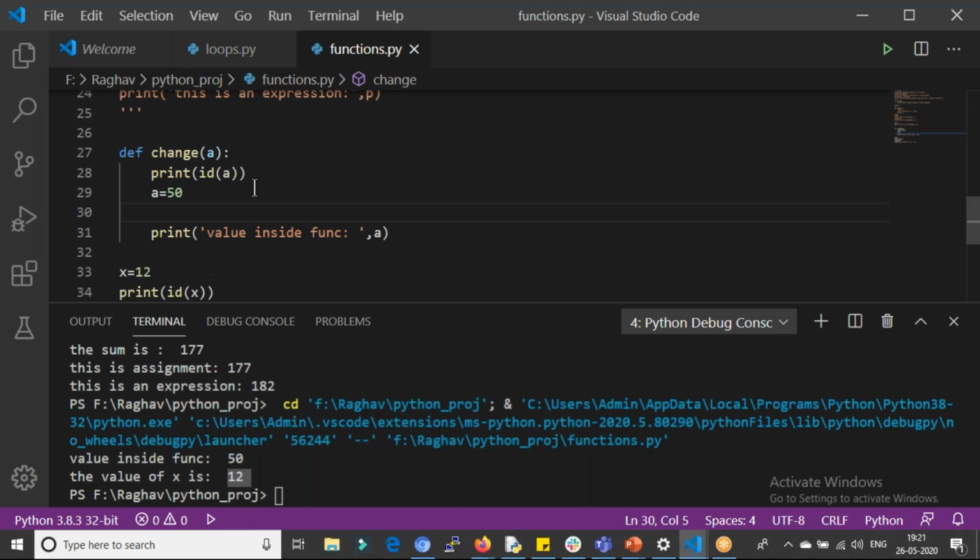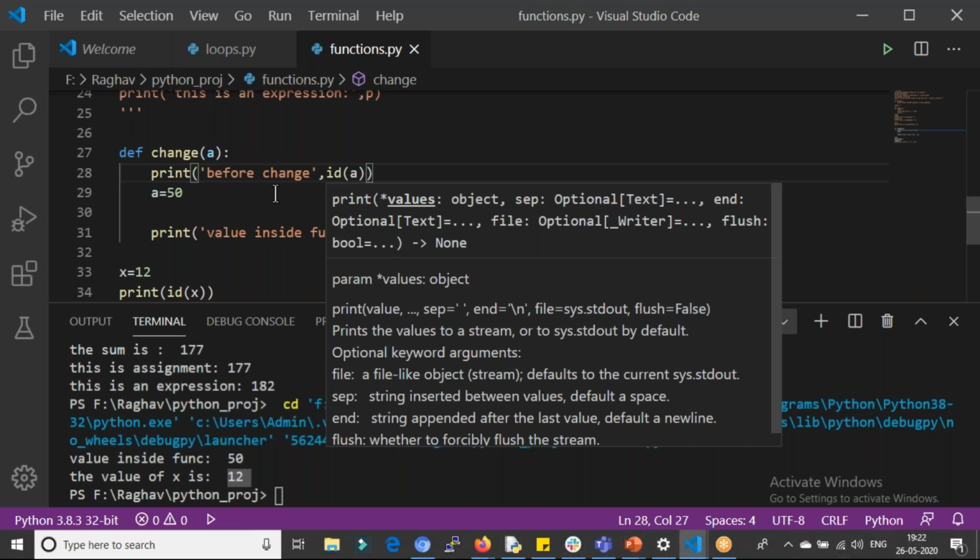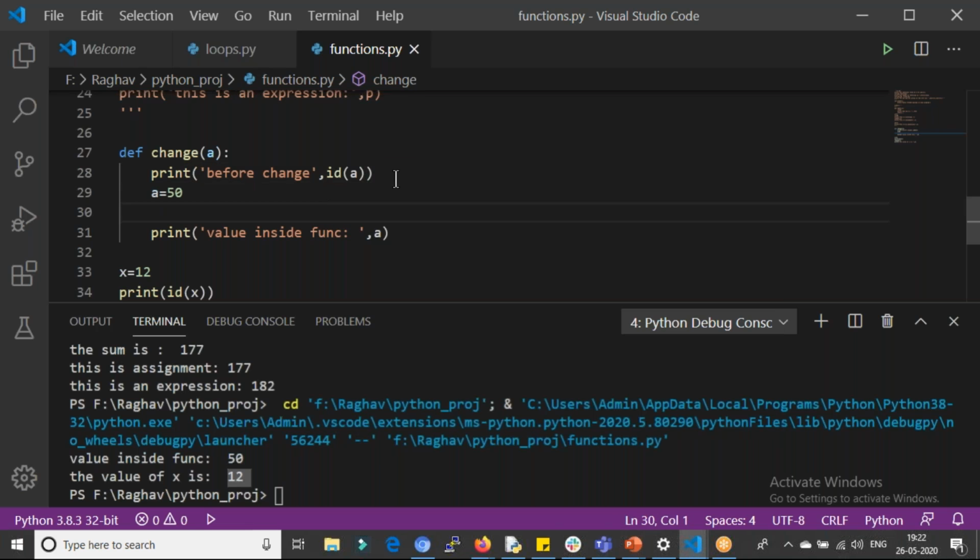Let's say this is before change, and this is after change.